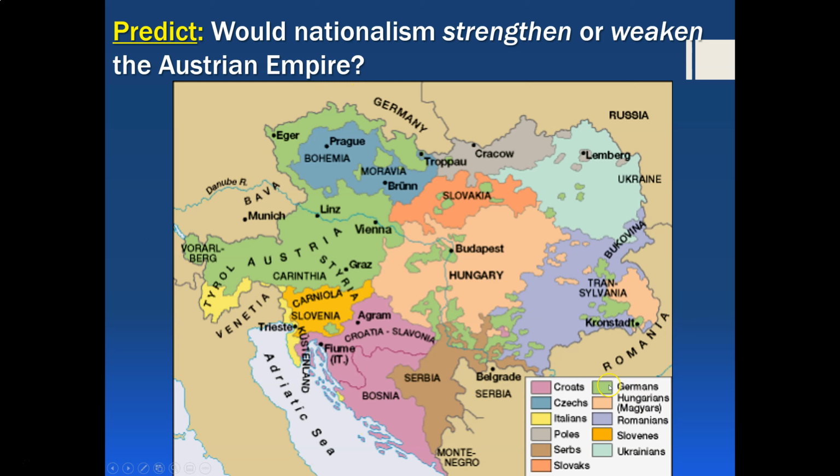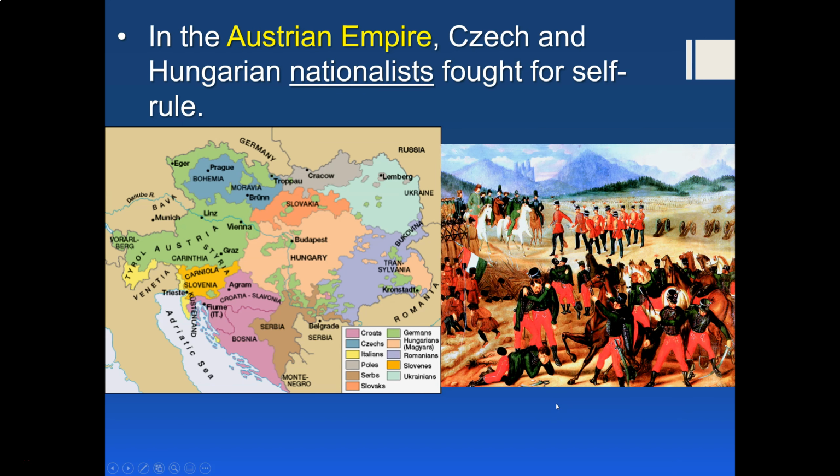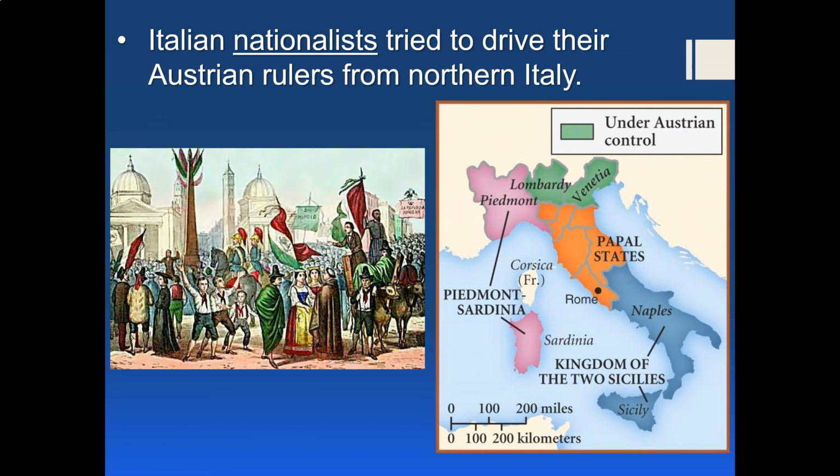Now, the Austrian Empire, if you recall, is all of this in all these different colors. It was led by Germans, and the other different nations or groups of people had no real say in the empire. That's going to lead to a nationalist revolt. Specifically, a group called the Czechs are going to revolt up here, and then Hungarians down here are going to revolt against the Austrian Empire.